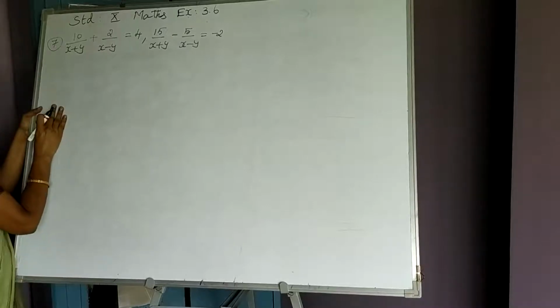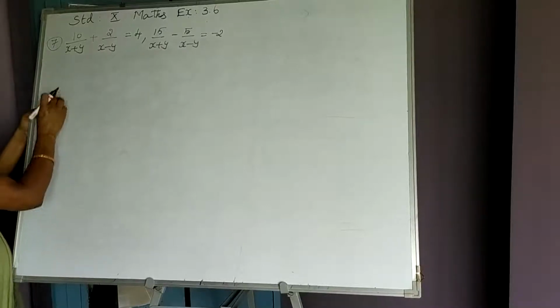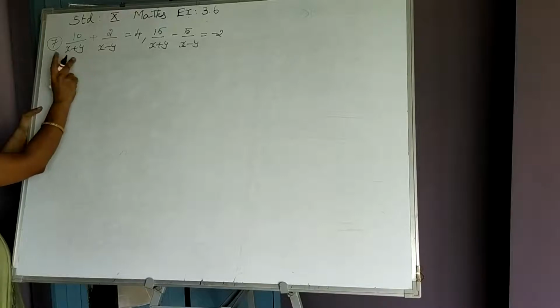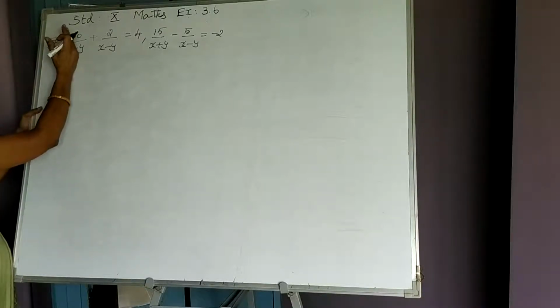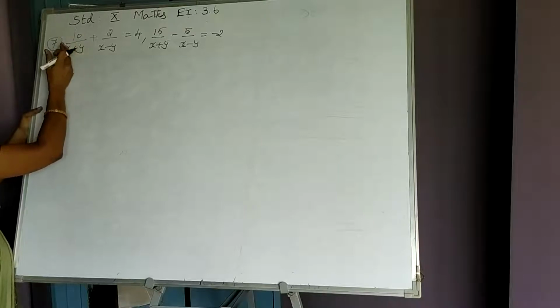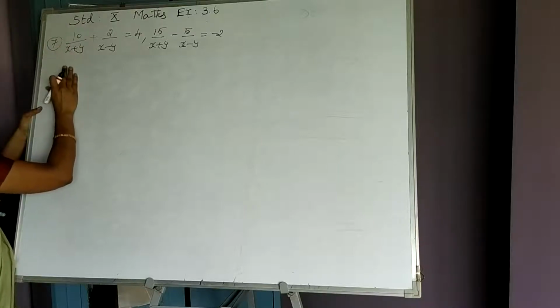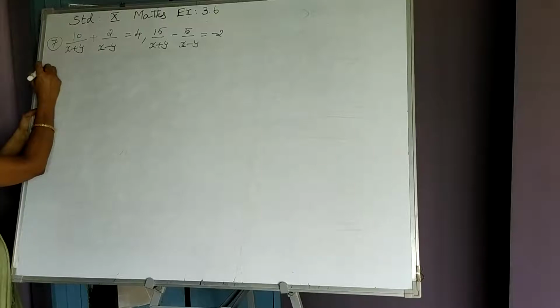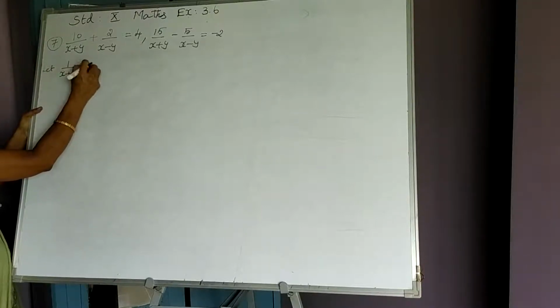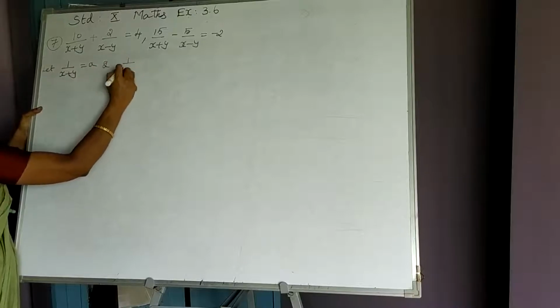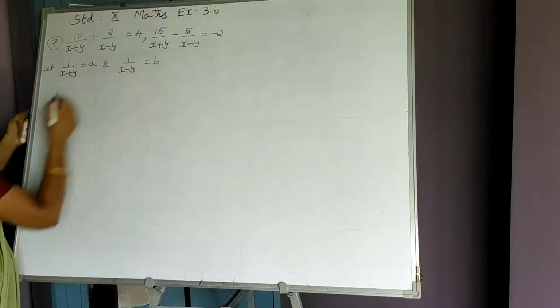So as before we are going to give substitution. You can see in one denominator only there are two variables together. So here we cannot take separate substitution, as 1 upon x equal to a and 1 upon y equal to b cannot be taken. Therefore together we are going to take one complete denominator equal to a and the other denominator is equal to b.